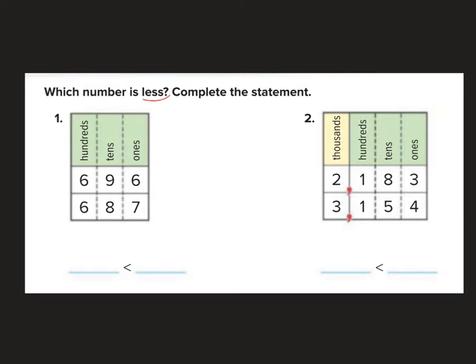Which number is less is what it's asking us on the homework page. Complete the statement. Okay, so starting with the hundreds, both 600s. Then we go to the tens. We've got 9 tens and 8 tens. We know that our greater number is the 9 tens. So that means 696 is greater than 687. But if I read this sentence, I would say 687 is less than